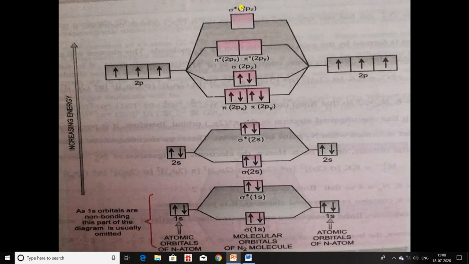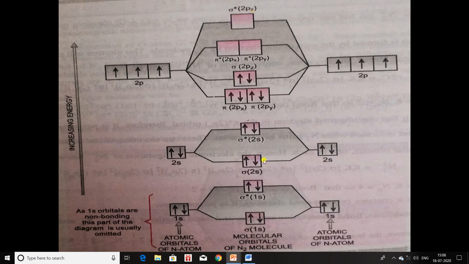Okay. So these molecular orbitals will arrange themselves according to their energy, right? So 2 orbitals will come here, 1 orbital will come here, then again 2 orbitals will come here, and here 1 orbital will come here. Okay, and the names of these orbitals are: this one is pi 2px, this one is pi 2py, this one is sigma 2pz. These 3 molecular orbitals are anti-bonding molecular orbitals: pi star 2px, pi star 2py, and this one is sigma star 2pz. Okay, now we will fill electrons.